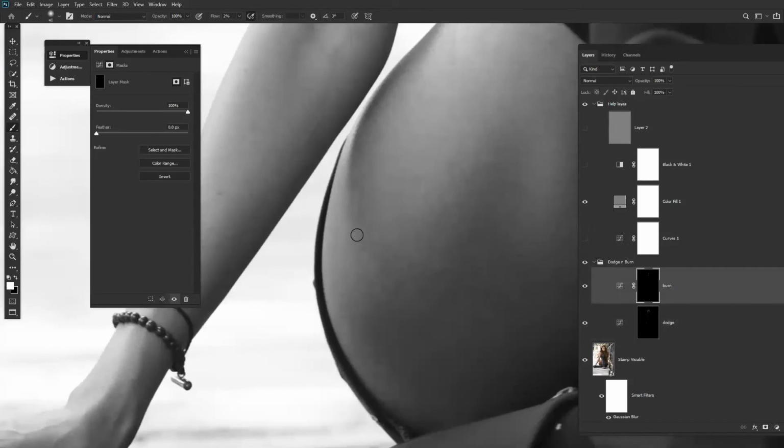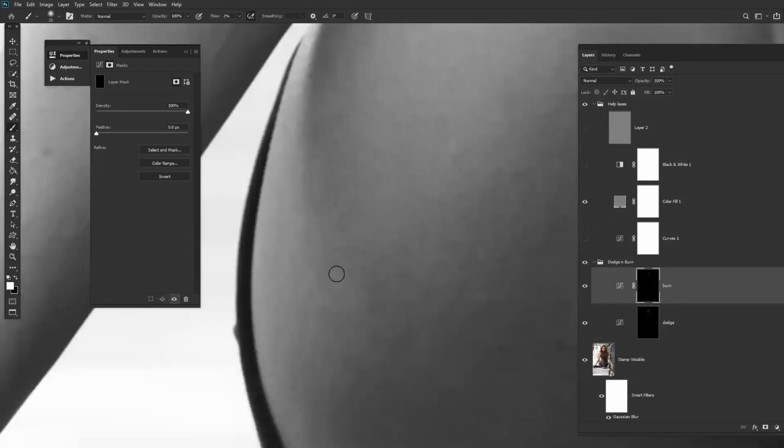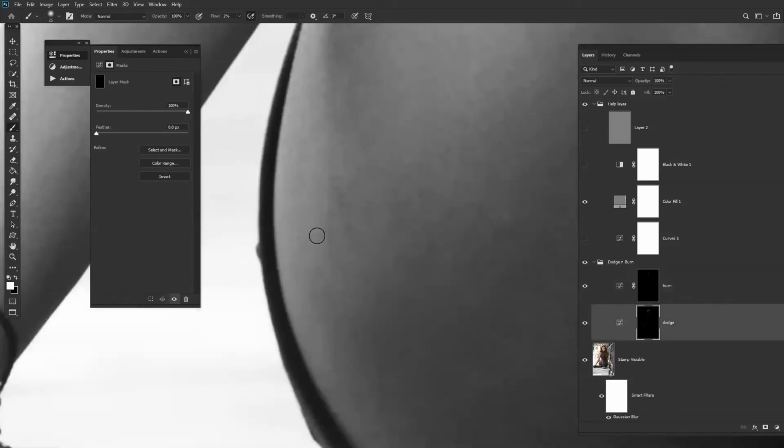Now here is an uneven transition. I can go with a burn over here to match out. There's a hard line, so I will go with a dodge over here to match.